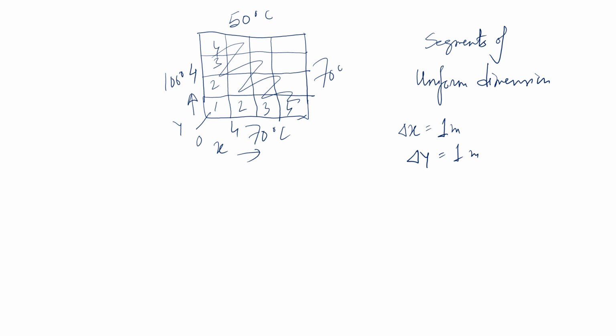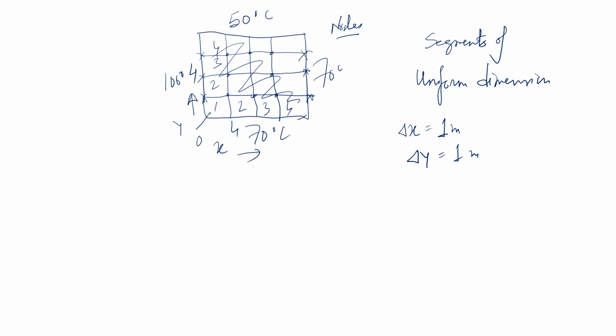So the junction points are this one, this one, this one. So all these are the junction points. And these points are at the edge. And all these points are known as nodes, where these edge nodes, the temperature at these edge nodes